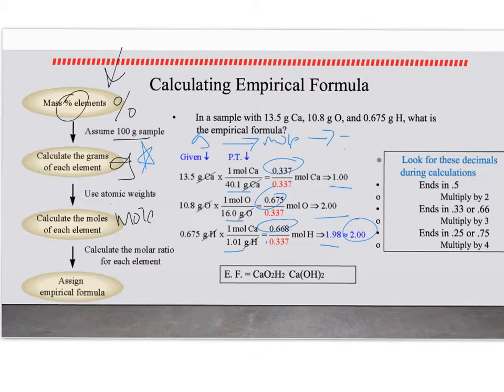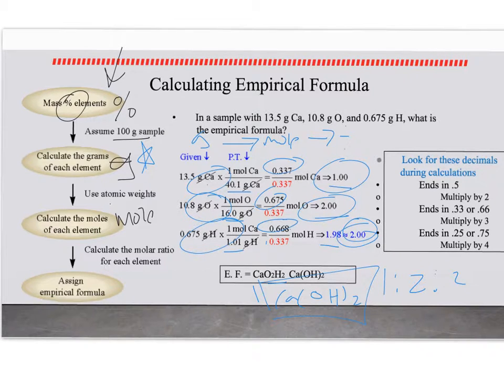So we have the ratio of a 1:2:2 of the elements, and they're going to correspond with the element that you started with. So calcium is going to have a subscript 1, oxygen will have a subscript of 2, and then your hydrogen will also have a subscript of 2. So we get CaO2H2. This is a rare case where we can put the OH together to make it more of a natural compound,